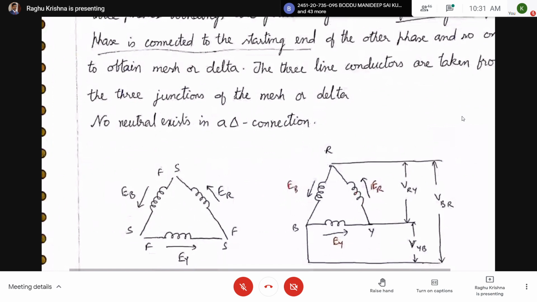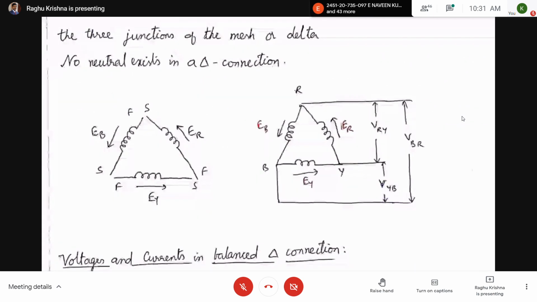So here you can see. Let us take the R phase. Sorry, the finish end of R phase is connected to the start end of Y phase, and the finish end of Y phase is connected to the start of B phase, and the finish end of B phase is connected to the start end of